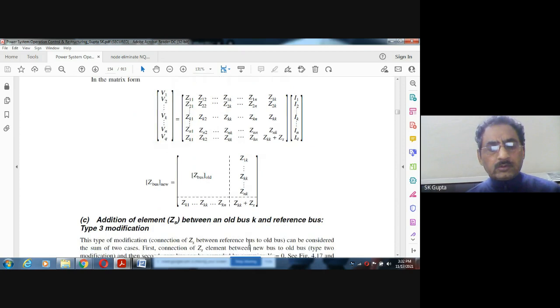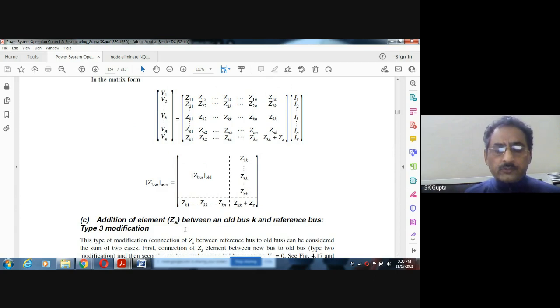Now, the third modification is when a transmission line is added which is connected between the old bus and the reference bus. Earlier, in the case of a new bus to the reference bus, the size increased, and in the old bus to the new bus case too, since there is a new bus, the size of the matrix was increased. But now see in this third modification, it is the addition of an element or transmission line between the old bus and the reference bus. We do not count the reference bus, because the size of the matrix is the number of buses by number of buses excluding the reference bus. So the buses are old, there is no new bus, so the size must not increase here.